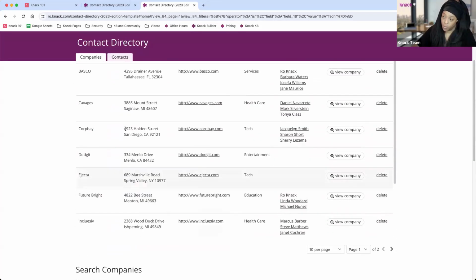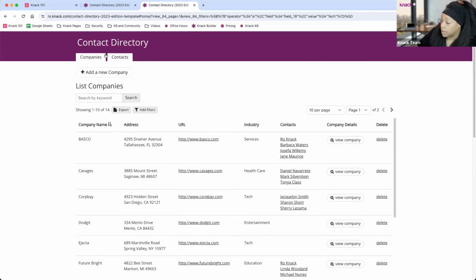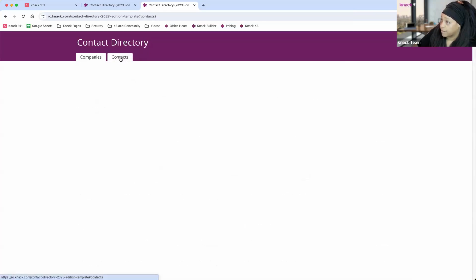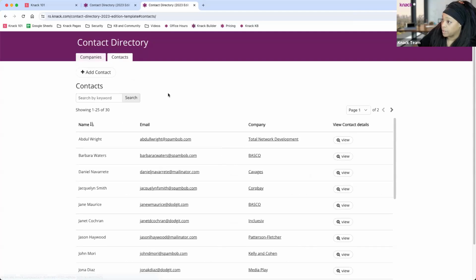So this is just a couple ways to view your data. We're going to dive a little bit more once we start getting into the build of an application of what views are available. And again, views are just ways to display your data or to add and update your data within the system. We've got another navigation item up here, our contacts tab up here, where we can see now